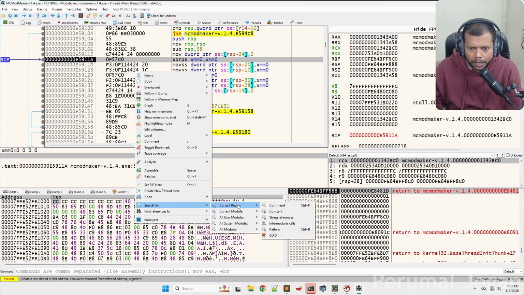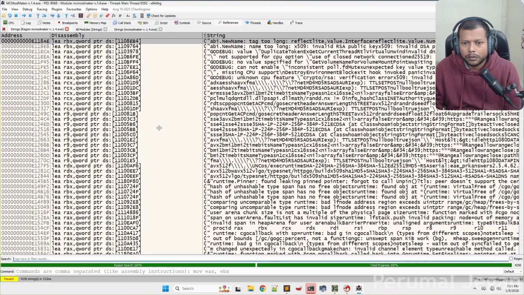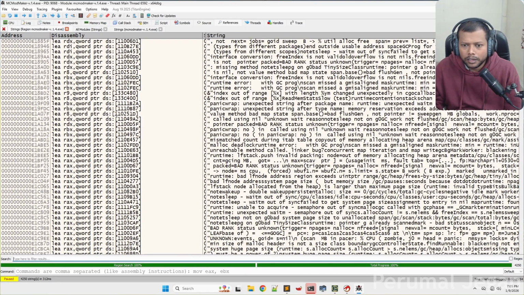Current region command, constant string references, pattern, GUID. String references. Here are the strings, but